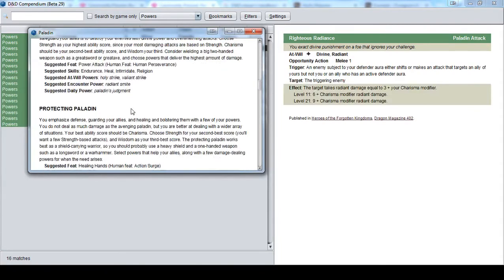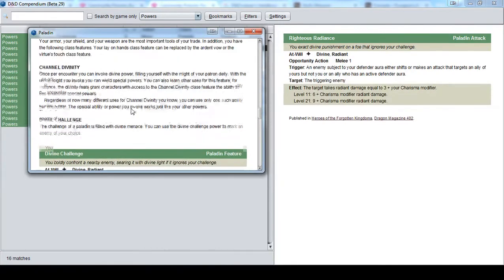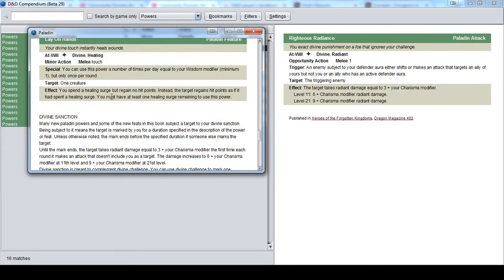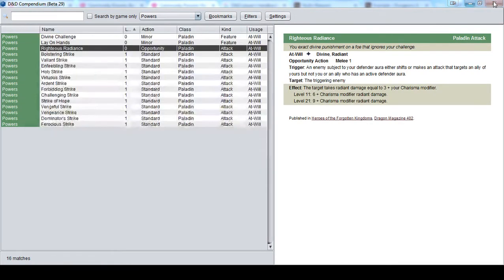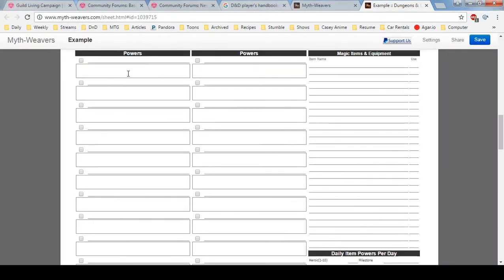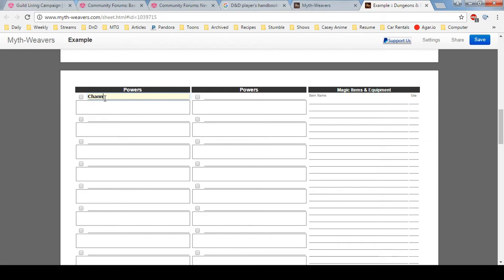I gain certain powers. So scrolling down, it will get me to... I gain a channel divinity, I gain divine challenge, and I get lay on hands. So let's put those in. On the sheet, go down to your powers, and I have channel divinity, lay on hands,